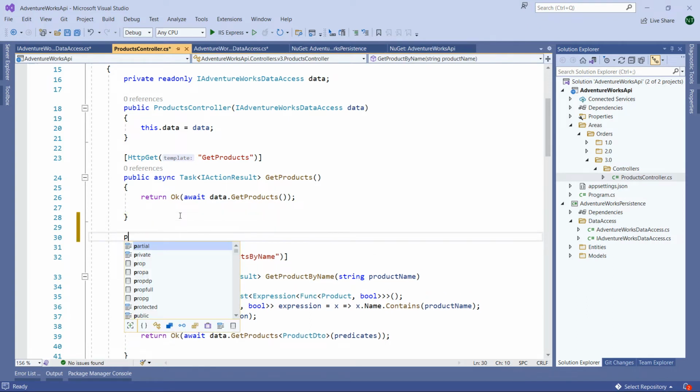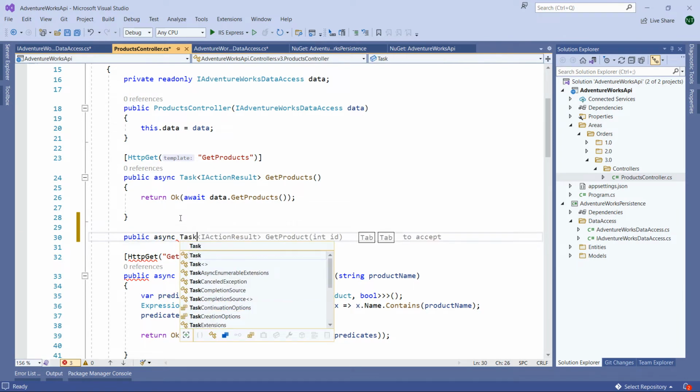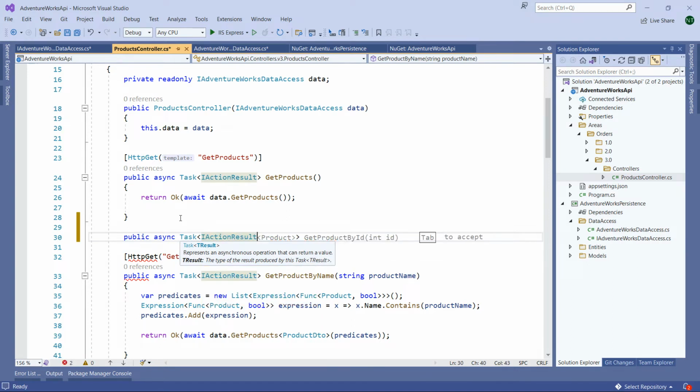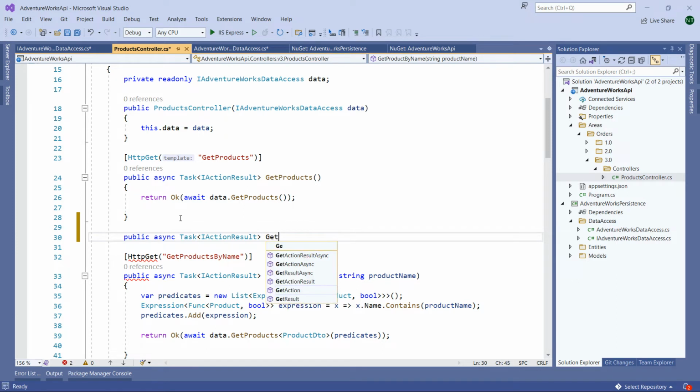So here we are going to add a new method. It's going to be returning IActionResult, and I'm going to call it get products